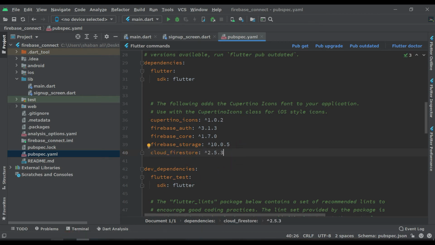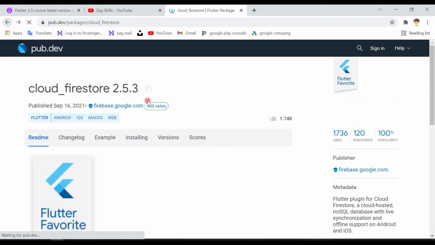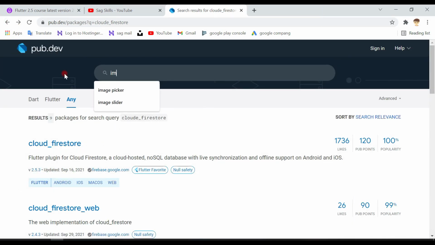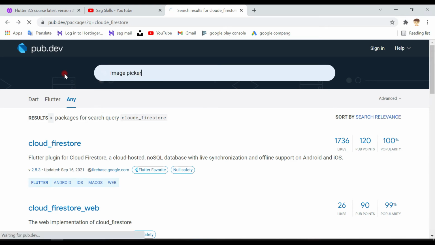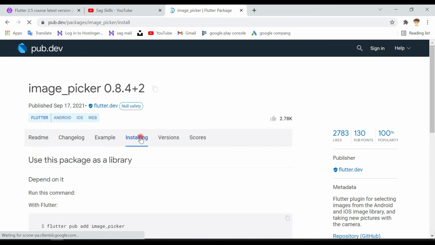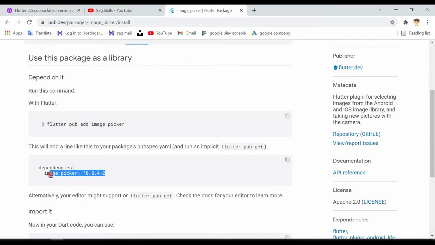Now we need another dependency to pick our image from phone gallery. So write image picker, enter, image picker, this one, installing, and this dependency is used to get image from our phone.